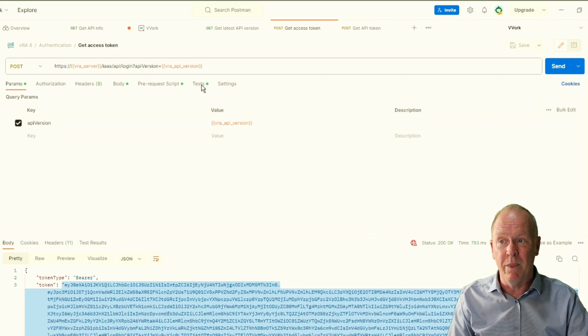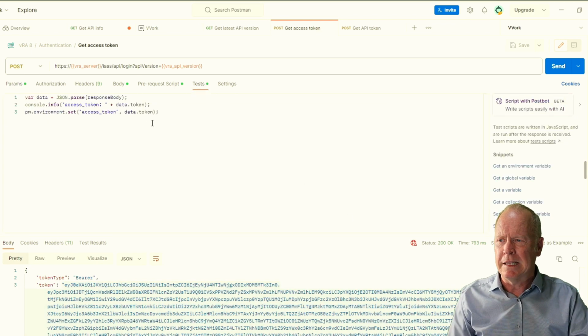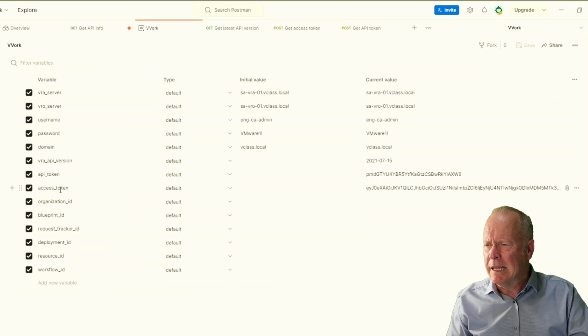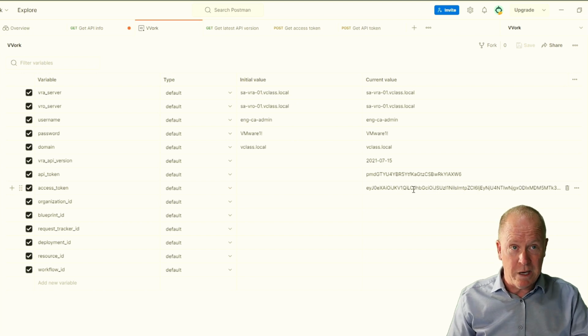So once again, I created a post request script here in the test tab that's taking the access token that got returned, and it's sticking it into my variable called access token. Again, if we go to my VVork environment, you can see that access token now has the token that we need for all of our subsequent REST